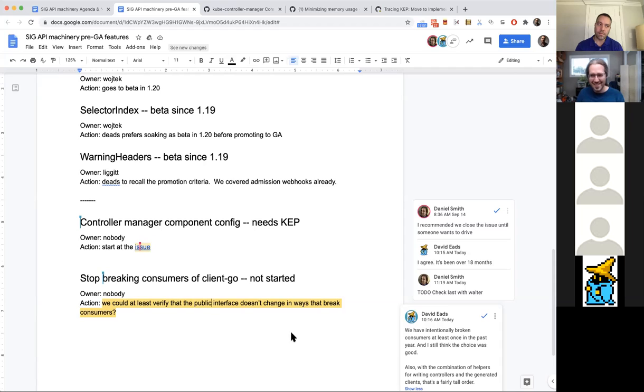I think I'd want to see some boundaries described before we merge the pre-submit. I do think that there are valid reasons for doing it. Yeah. No, I'm not sure.